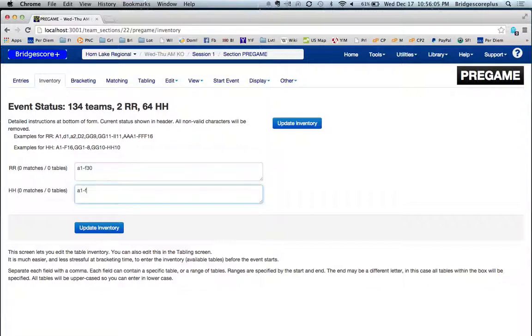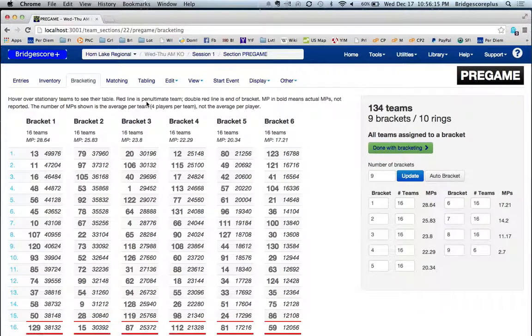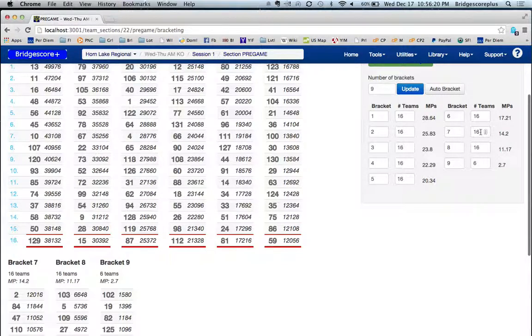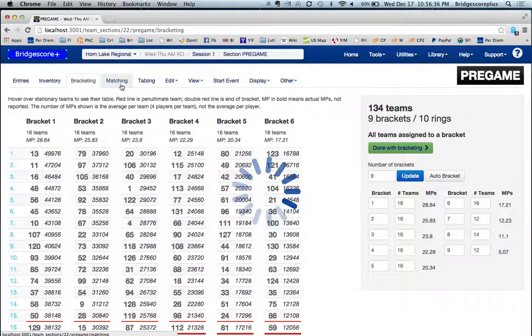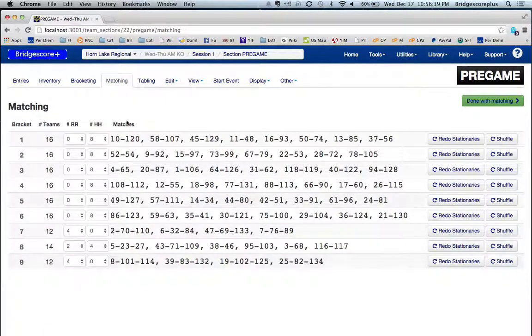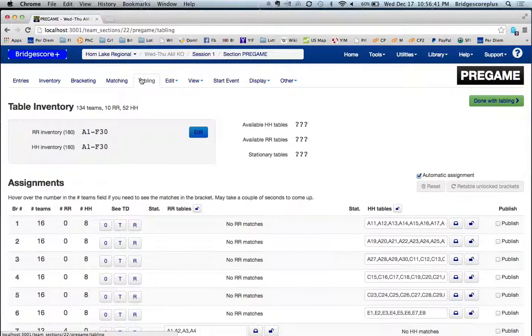We're going to assign A1 through F30 as the tables that we have available for assignment. So that's 180 tables. Going to go quickly through these other screens. Probably don't want to have those as the actual brackets, so let's make that to be 12 and 14 and 12. Matching, computer's going to randomly assign the matches, so we've got some head-to-head matches there. It's going into the tabling screen,